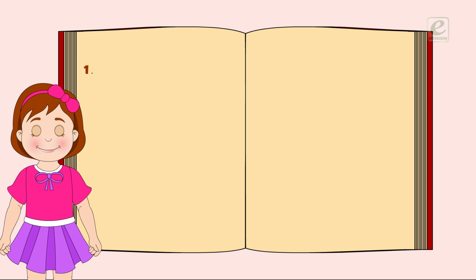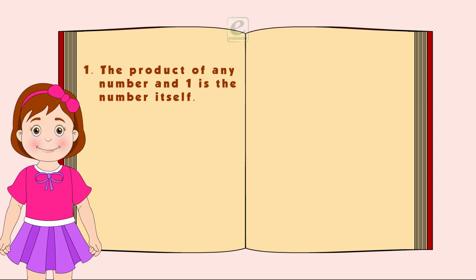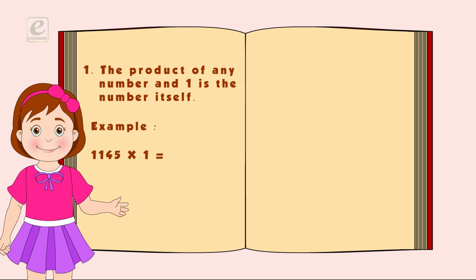Property number 1. The product of any number and 1 is the number itself. As for example, 1145 multiplied by 1 is equal to 1145. And similarly, 37,456 multiplied by 1 is equal to